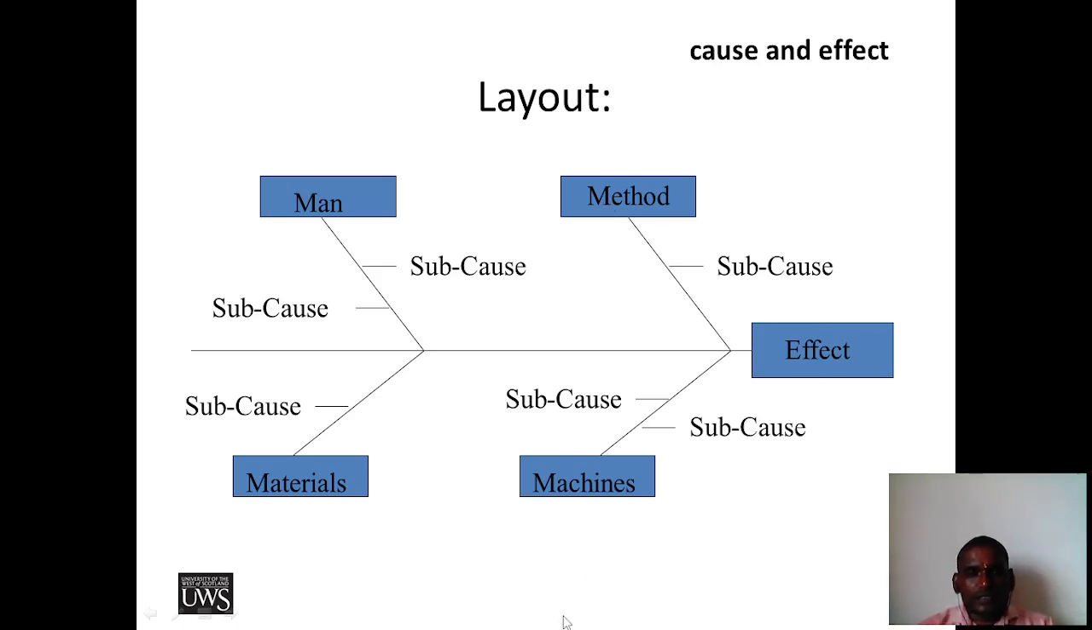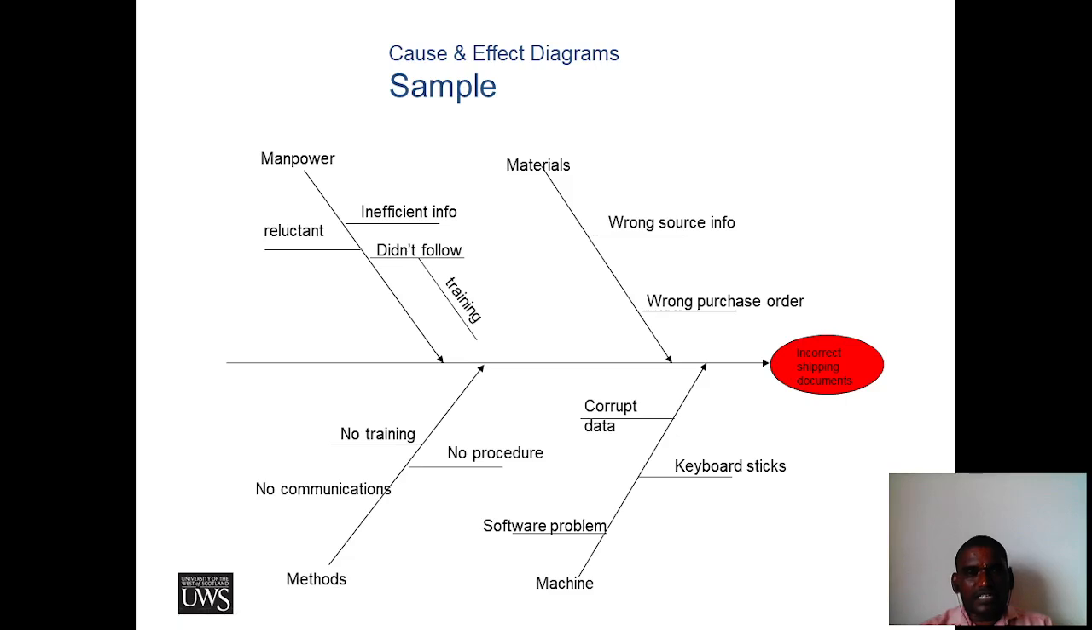Okay, right. So this is cause and effect. Here we have another example. Cause and effect: manpower, materials, methods, and machines. In manpower we have insufficient information, so man can give some insufficient data. Material is nothing but some wrong source information, wrong purchase order, and then method: no communications and no